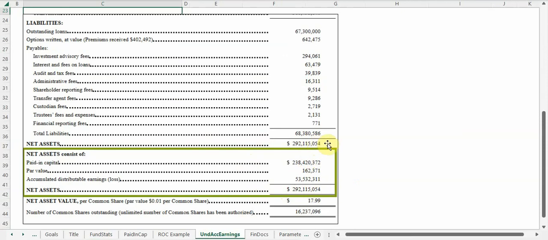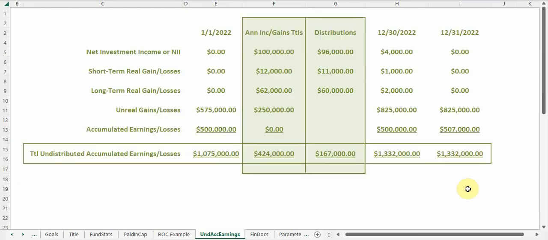When a fund makes its filing with the Securities and Exchange Commission, the numbers provided are usually summaries of all activity in those particular accounts. But to give you an understanding of how these numbers came to be, we are going to take a hypothetical look at a closed-end fund. For our hypothetical fund, you can see that on January 1st, 2022, it has a total undistributed accumulated earnings of